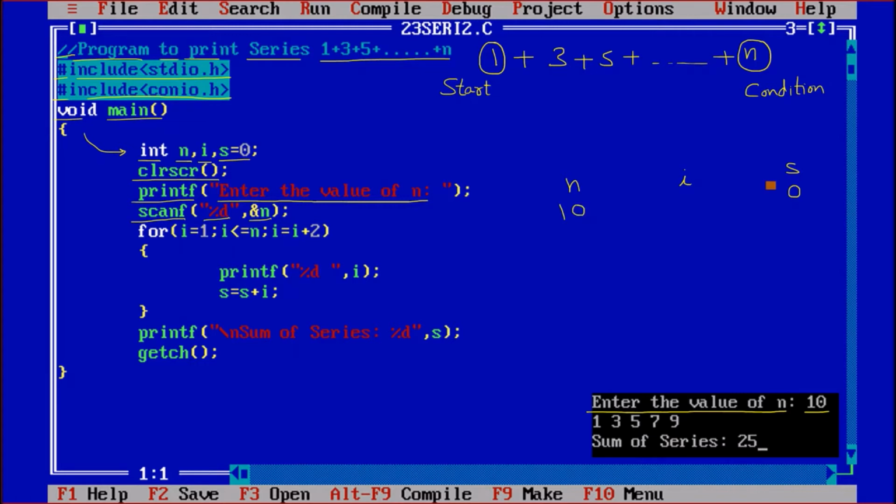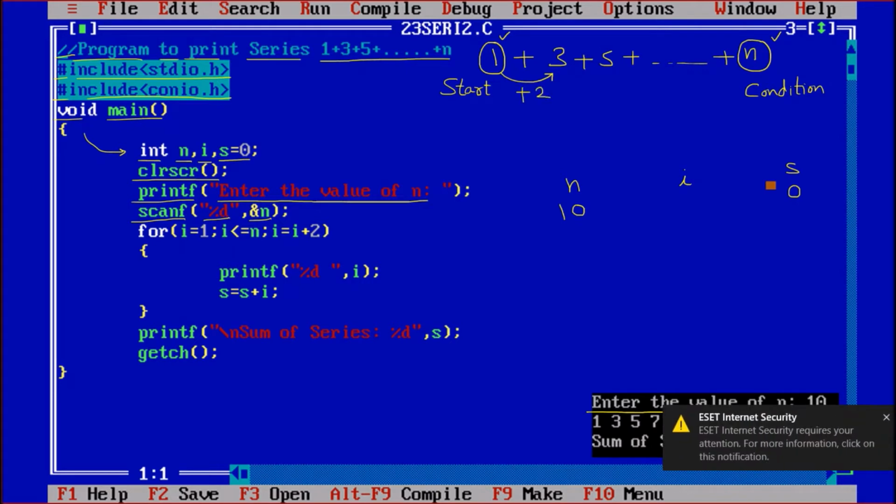Now for running a looping statement, we know that there is a start. So start is already there, that is 1. We have some end value or the terminating condition. We are having the n. And there should be increment or decrement. So if we check 1, 3, that means if I say 3 minus 1, it is going with the increment of 2.